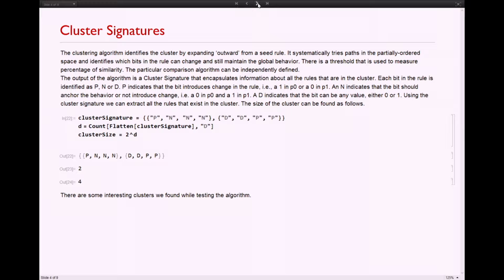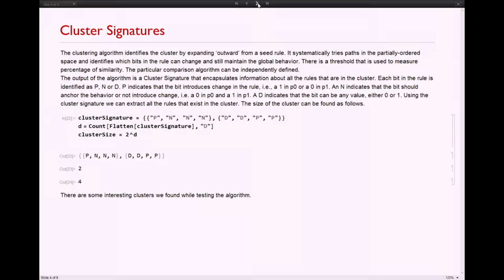And then the magic behind this really is the positions that are marked D. These are dynamic positions inside the primitive bit string. Anytime there is a D, it could flip to either 0 or 1, and it will not change the outcome, the output of the rule.